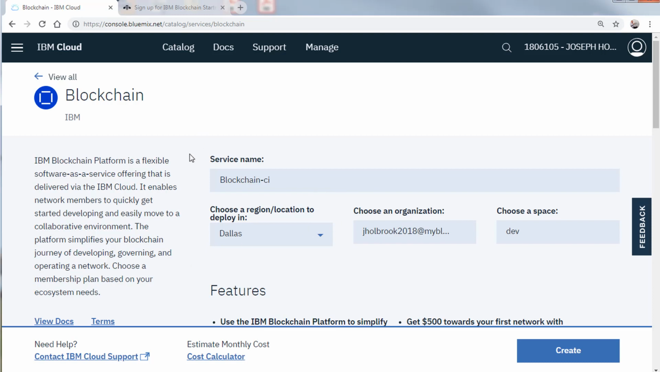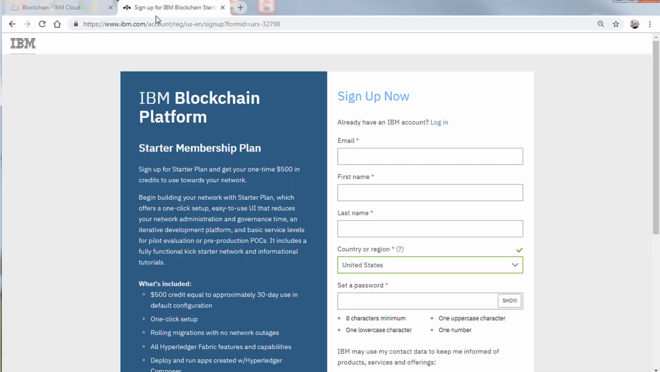But before we get into the capabilities and spin up some peers, for example, and install chain code, let's go over here for those folks that do not have an account yet. Now, there is a starter membership plan. You get a credit of $500 to use towards your network. And what you want to do is sign up for this if you do want to play around with the